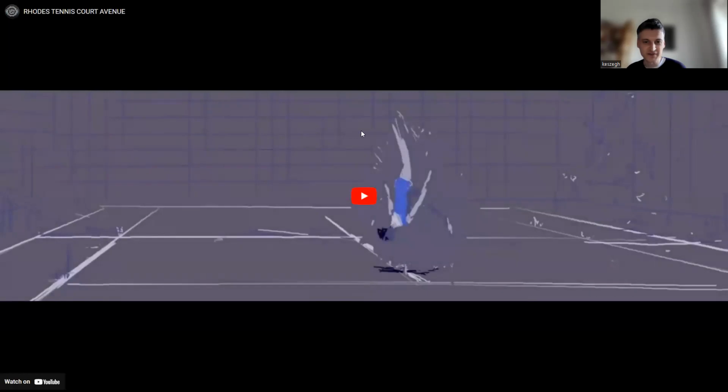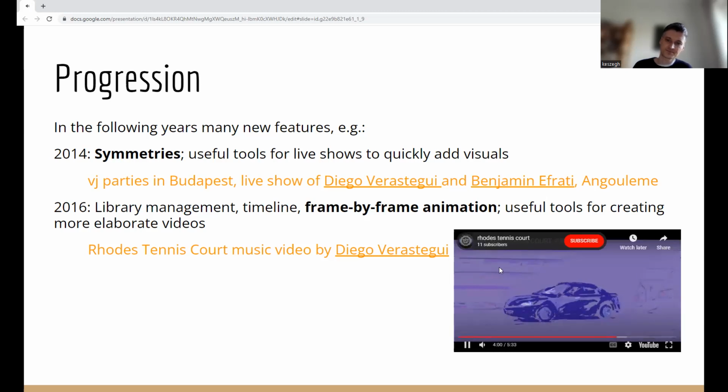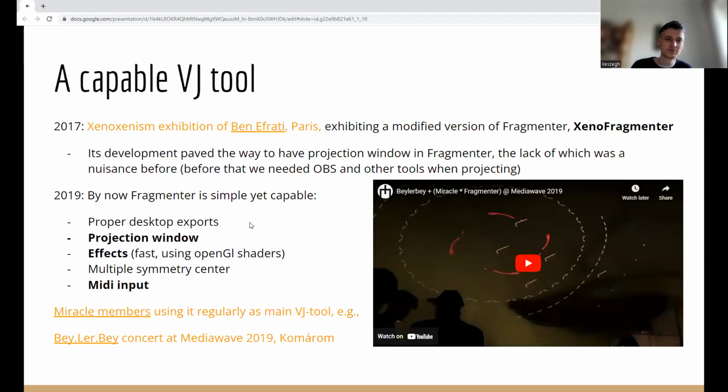Yeah, so you could see the frame by frame animations here and some of these loops as well. And so let me go further. In 2017, Ben made this Xenos Zenism exhibition, and he wanted to have a modified version of Fragmenter exhibited. And that was pretty cool because it sort of motivated me to get around some limitations and finally make